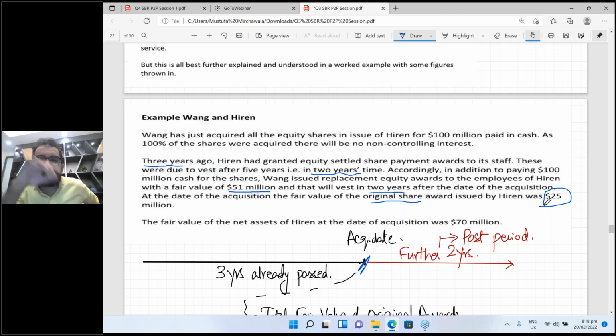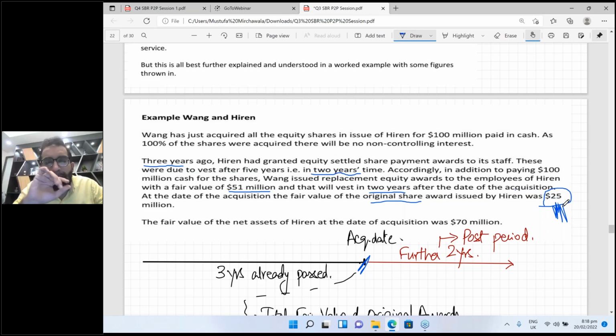Okay, so S company offered their employees a $25 million worth deal, see this 25, for 5 years. If they stay 5 years, they will get 25 million in shares. Leave the parent company. Please don't think about the parent, just the company. So just tell me, out of 5 years and $25 million: if you stay 5 years, you will get $25 million.